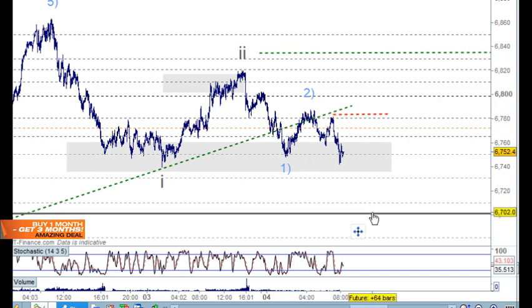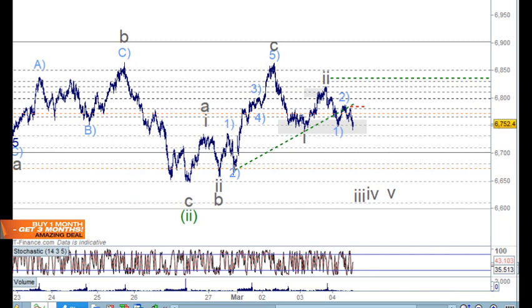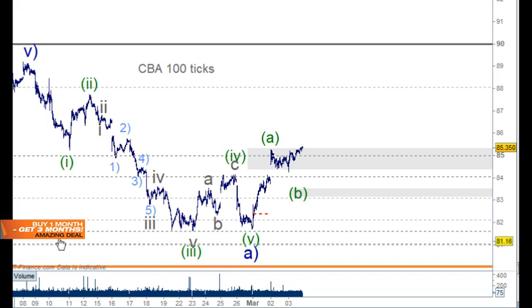So we'll just stay where we are, and we'll just see what unfolds. If I look at, say, the banks first, with CBA here, this is a tick chart, 100 ticks. That's the top of the market. We can have a look at the daily chart in a moment. But we're looking at this as 1 and 2 and 3 down here and 4 here and 5 here for